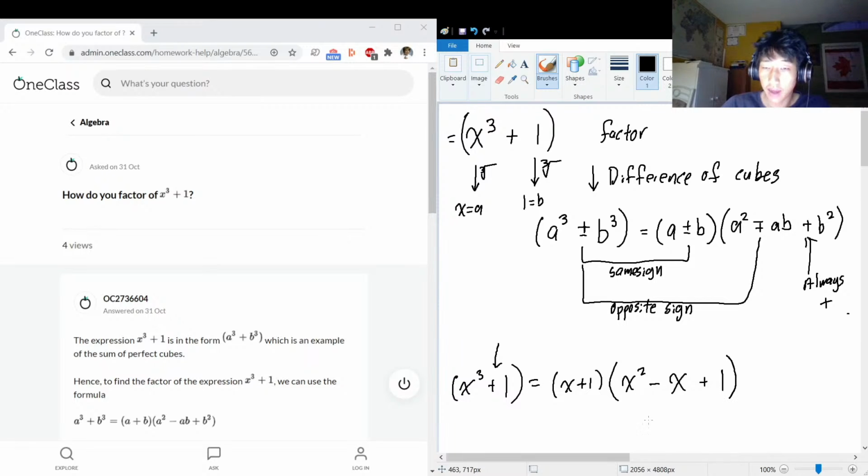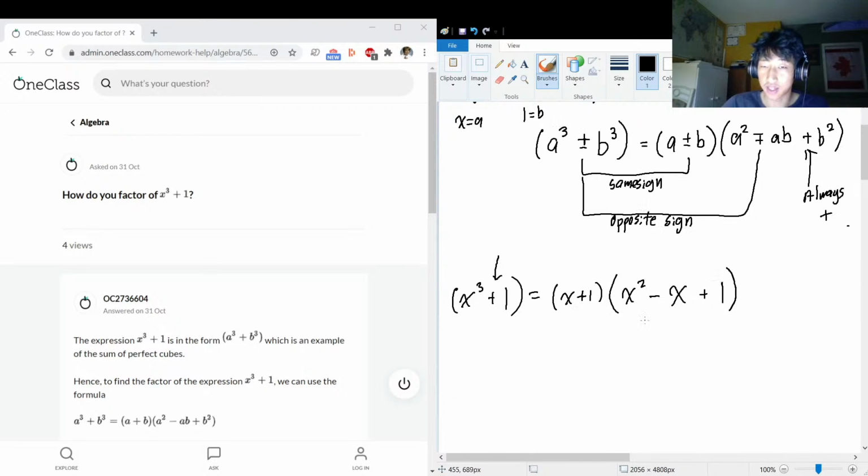Now, could we factor this any further? Well, if we factor this, that means we'd have to find two numbers that multiply together to make 1 and add up to -1. I don't think we can do it. I don't think we can factor this out anymore, so this will be the complete factorization of the problem,